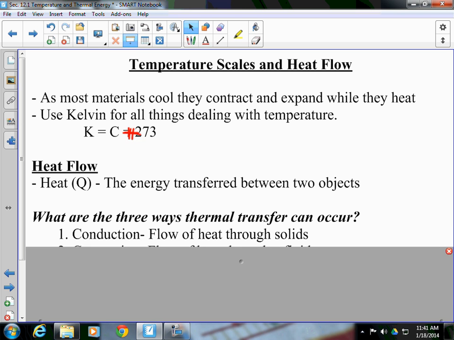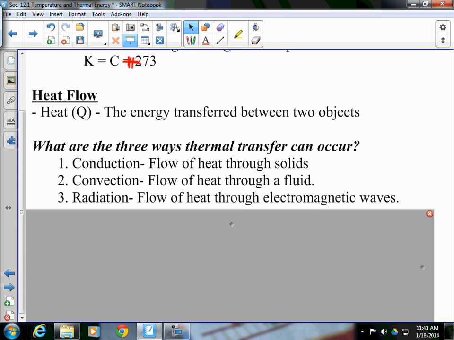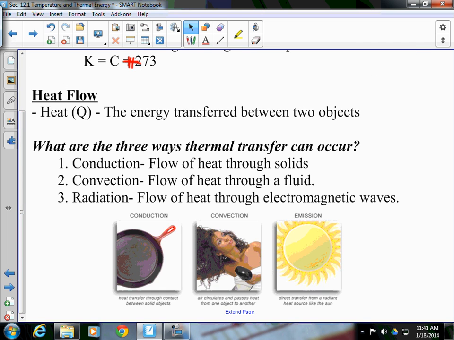Convection, conduction, and radiation. Now, what are those values? Conduction is the flow of heat between two solids. So an example: if I put a frying pan on the stove top, the range coils are getting hot and that heat goes straight into the pan. If I put my hand on the frying pan, that's conduction. Two solids. It's going to hurt a whole lot, but that's conduction.